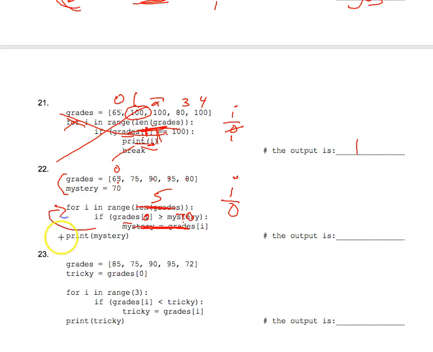But we do go back up to the top of the for loop. We do add 1 to the variable I, and we analyze this all over again. Is grades I, which is grades 1, greater than mystery? Well, the 75 is in position 1. Is 75 greater than mystery, which is 70? Yes, all this is true. So we do execute this code, which says take grades I, which is currently grades 1, take the 75, and